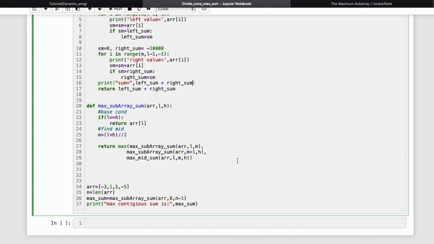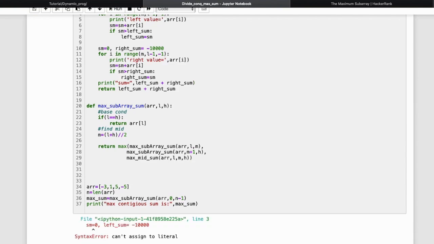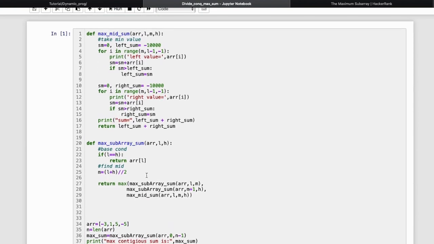Let us execute this one and see if it is working or not. So we are getting an error, can't assign the literal, line number 3.